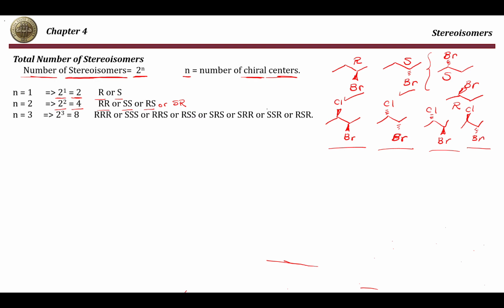stereoisomers. Similarly, if your compound has 3 chiral centers, there are 8 different combinations to draw this compound. However, sometimes we have to pay attention that if the compound has 2 similar chiral centers, then the number of stereoisomers will be reduced by 1, and that's why the equation will be 2 to the power n minus 1. For example, in this case here,